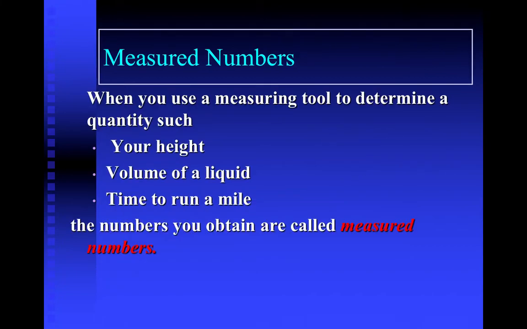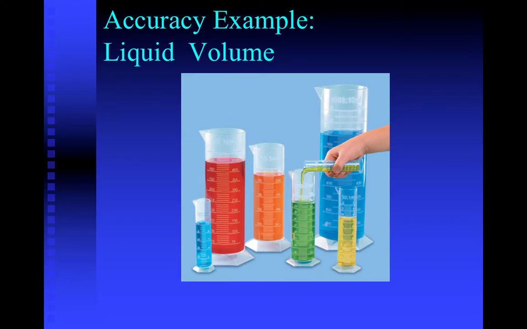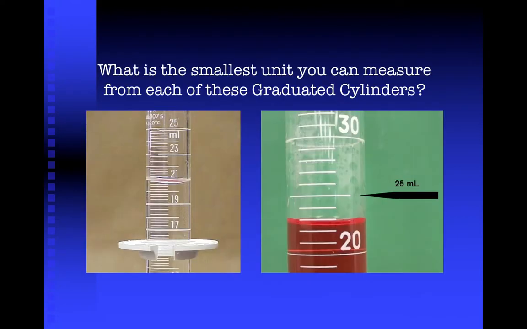However, when we're dealing with measured numbers, then we do have to pay attention to how sure we can be of the number that we measured. So let's look at some examples of how we might do that. Let's start with liquid volume. So here's an example, and let's consider what the smallest unit is we can measure on each of these graduated